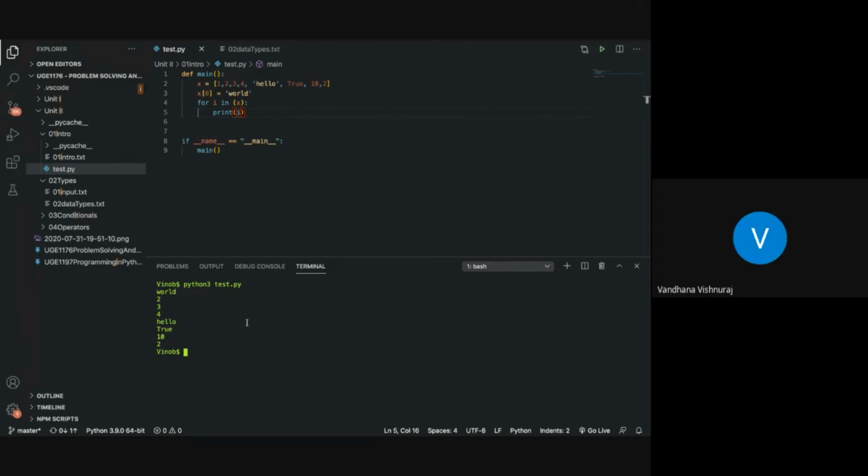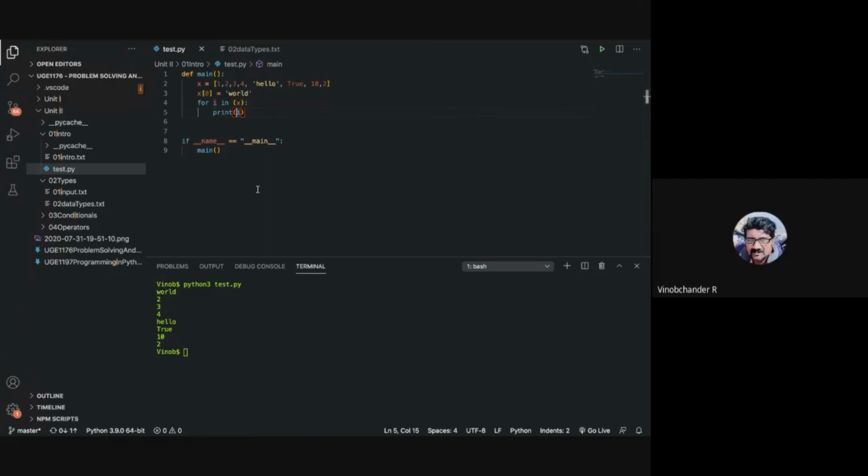Sir, one more thing. Here we didn't even define I, sir. So what does the system take? How does Python know? Here you have I, right? You are saying for I in. So what's the value of I then? First time the value of I is going to be the first item in this particular sequence. So what is the first item in this particular sequence? 1? No, it has been changed to world, right? So the first item for I is world.